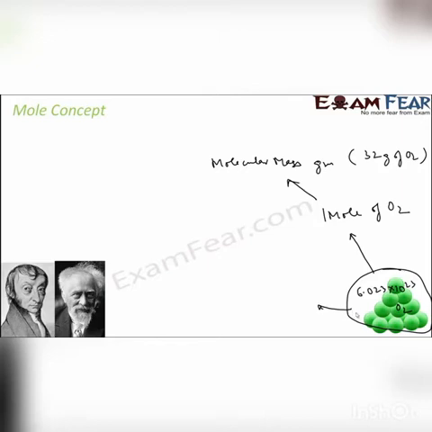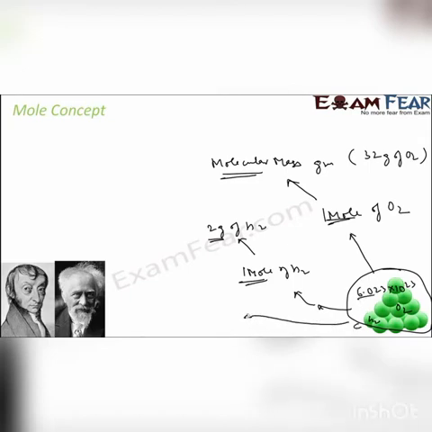Let's do the same thing for hydrogen, H2. So these many molecules is nothing but 1 mole of hydrogen, and that is nothing but 2 gram of hydrogen. So you see, this is the molecular mass. This is always 1 mole. You take any compound, it's always 1 mole. You take carbon, this will be 1 mole of carbon, and 1 mole of carbon is 12 gram carbon. Very important concept. Please note.